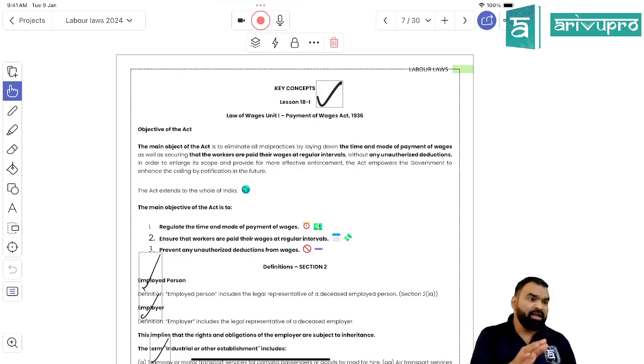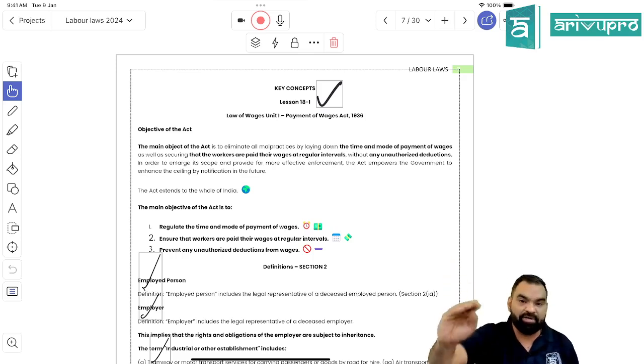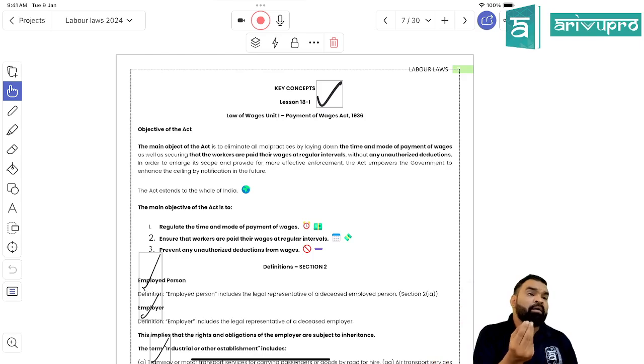If there is a violation of provision of Payment of Wages Act, you cannot approach the central government, you have to approach the implementing authorities, that is called state authorities. If you are approaching them, they may be labor commissioner, they may be regional labor commissioner, they may be judicial magistrate. If you are approaching them, they'll have to resolve the matter within the period of 3 months, right? Which can be extended by the mutual agreement between the parties, right?